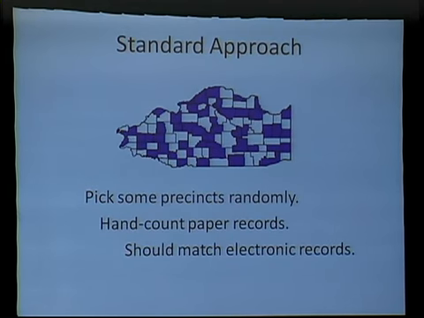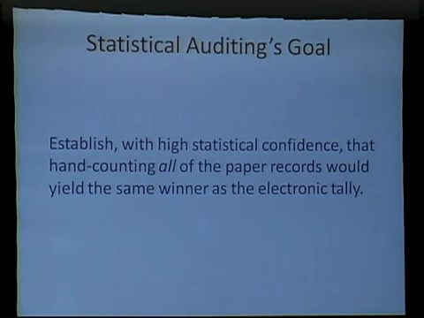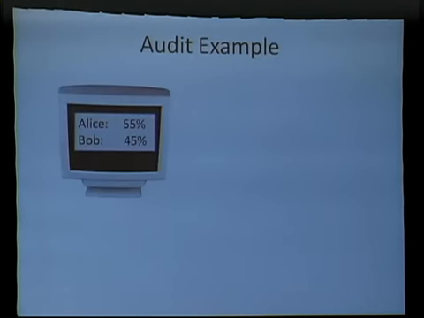This is pretty good. We can get ample statistical confidence. But on the other hand, it's relatively expensive still. You might have to recount a few percent of ballots. If it's a really close race, maybe even 10% of ballots or maybe more to get statistical confidence. But what you want to do in any case is make sure that you're confident enough in answering whether, if you counted all the paper ballots by hand, the result would still match the electronic tally.